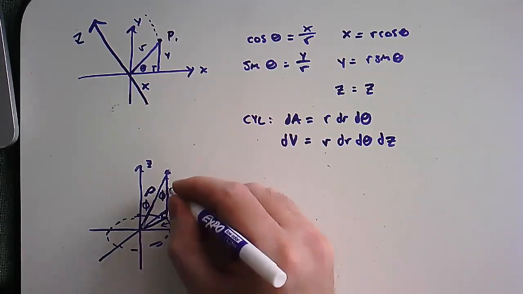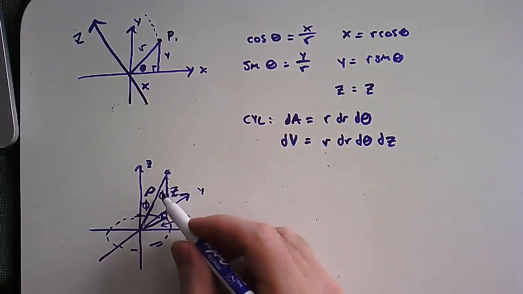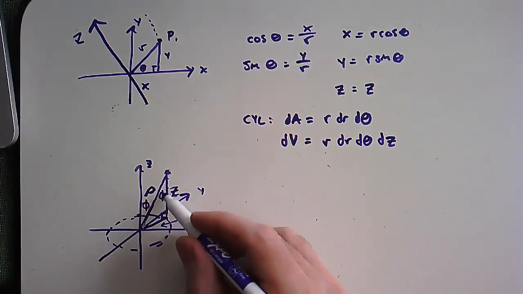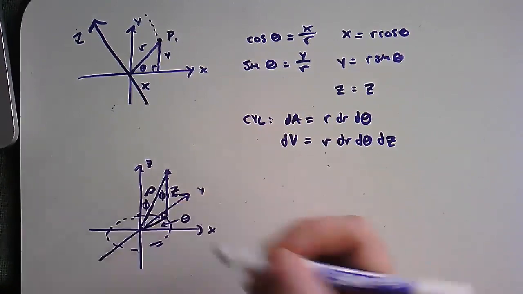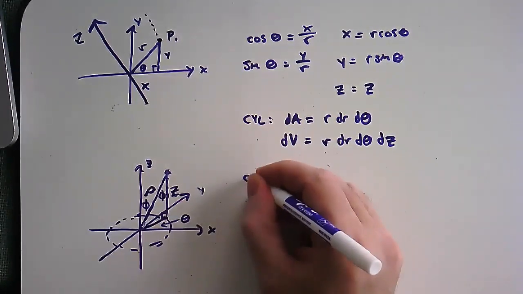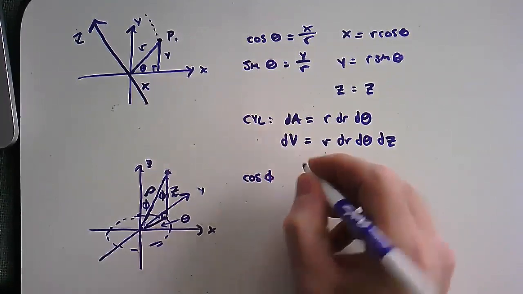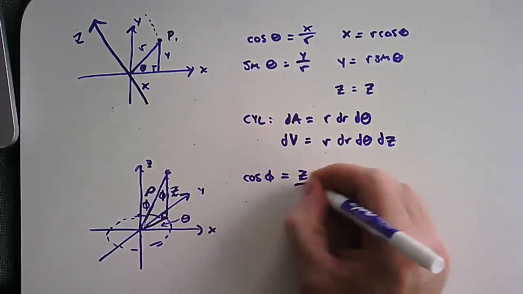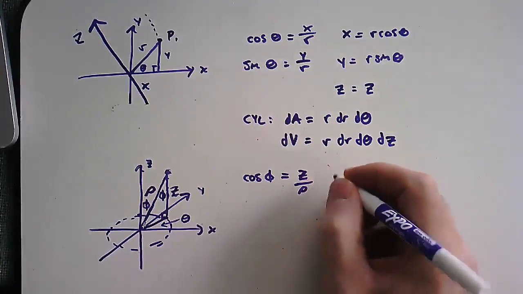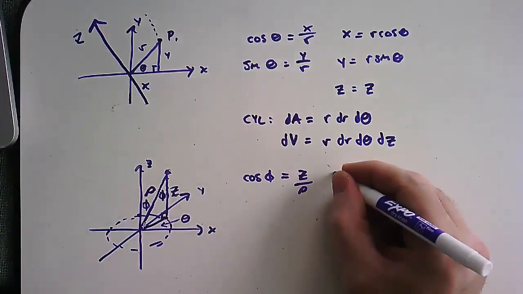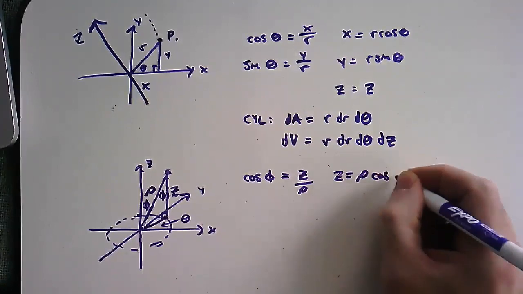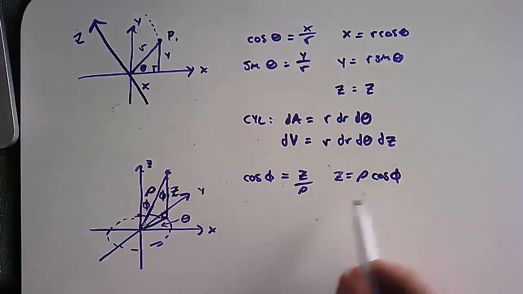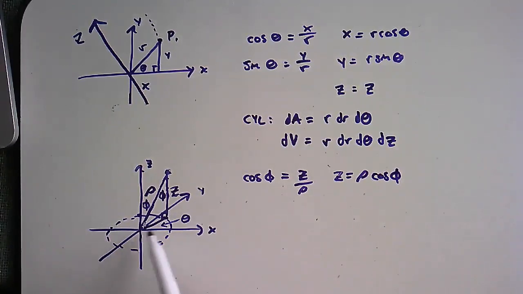So the right triangle trig that we have then is if we were to take cosine of phi, that'd be adjacent over hypotenuse, that would be z over rho. So cosine phi equals z over rho, and then multiplying both sides by rho, we get that z equals rho cosine phi. Okay, so to get x and y, what we'll do is we'll think about that projection into the